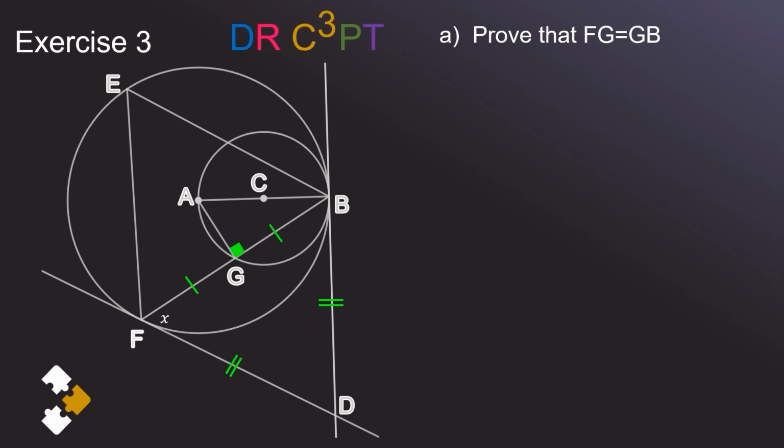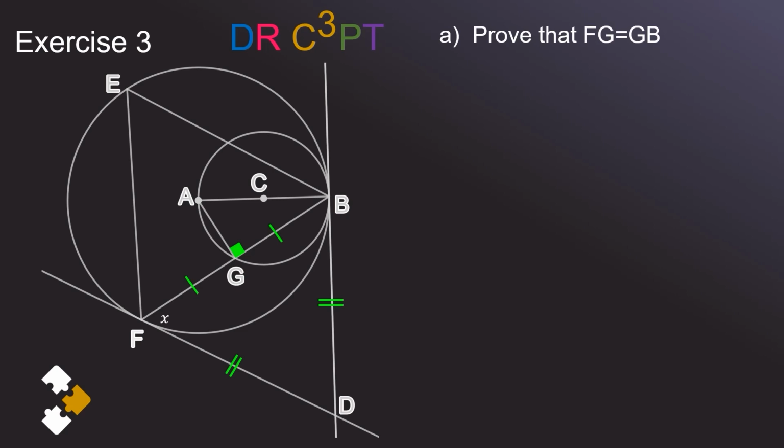Then, if we use the fact that we have tangents from a common point, we can also claim that FD is equal to DB. Now, why have I skipped all the way ahead to tangents? Well, there weren't any other radii. AC and CB are radii, but that's not super interesting. We do have the centers of the circles, but we don't have angles at the center subtended by the same chord as an angle at the circumference. We don't have chords that are equal, we don't have parallel lines,